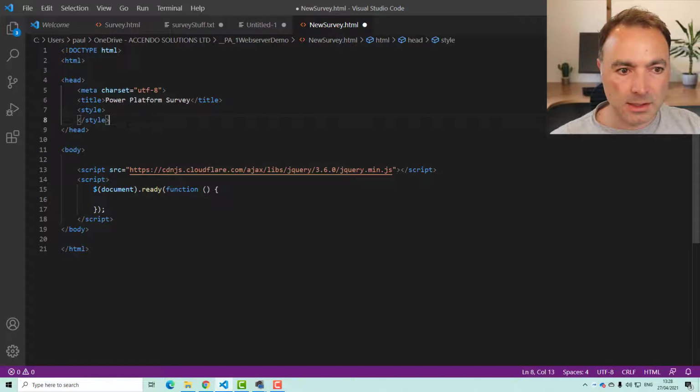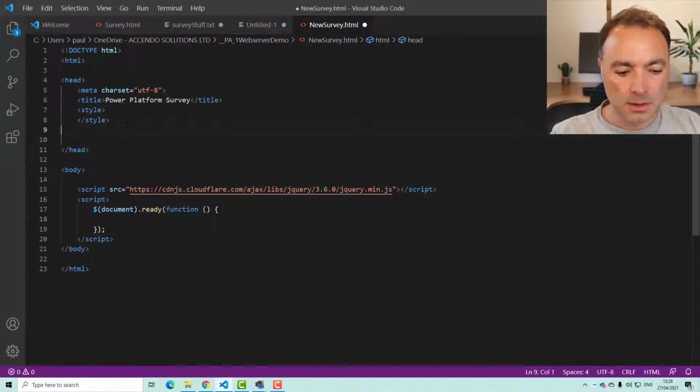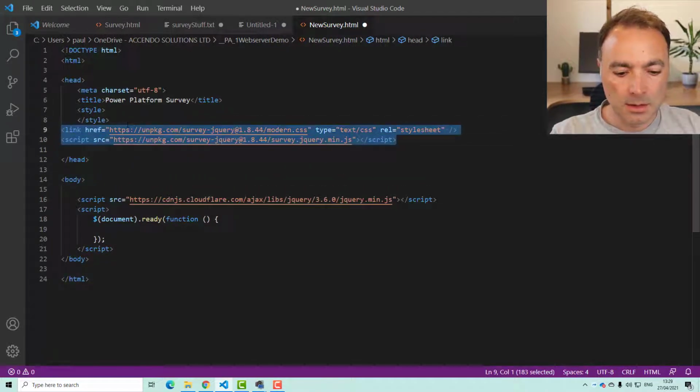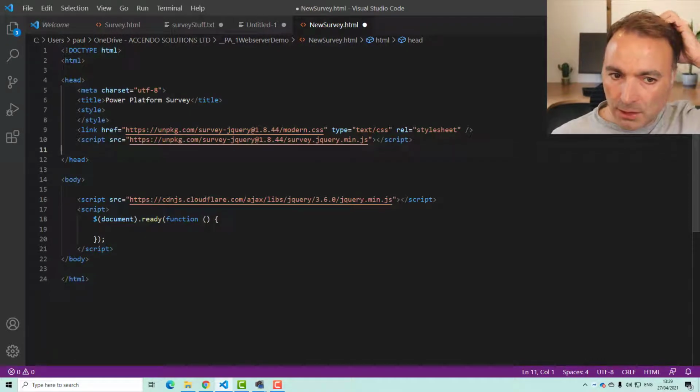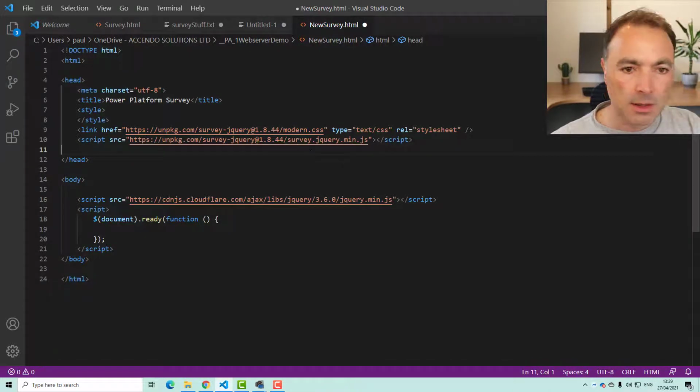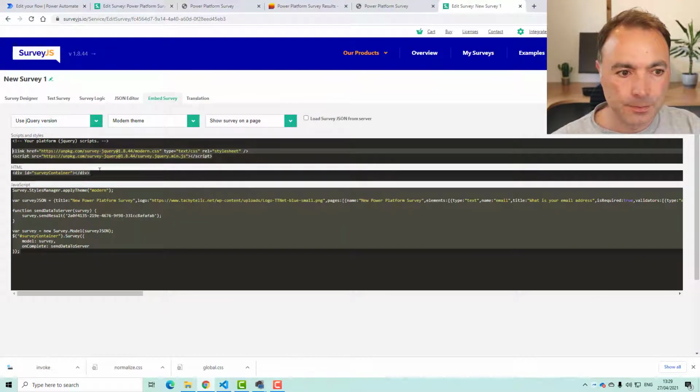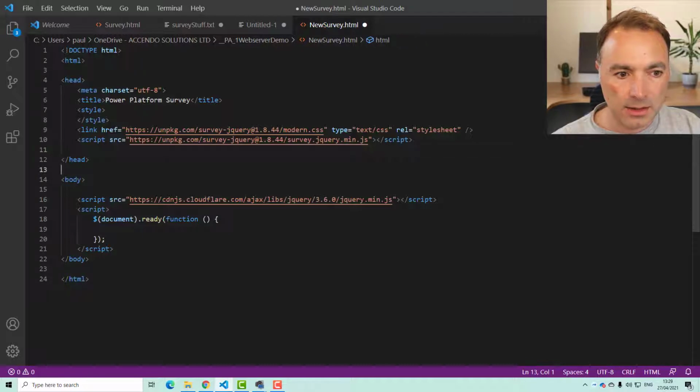So we need to get these style sheets in, and their jQuery, their JavaScript rather. So you can host these on your own site, or you can just load it from theirs. But that's what you need to make the form work. And then we just need a div to contain.